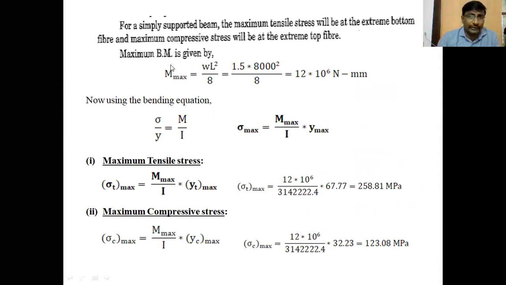But before that, you should know the maximum bending moment equations for the simple beams for different types of loads. Already I explained different types of beams with different types of loads, where the maximum bending moment occurs and what are the formulas which are generally used for the standard beams for maximum bending moment. Already I explained in the previous videos. Go through those two videos and understand the concepts which are related to standard beams.